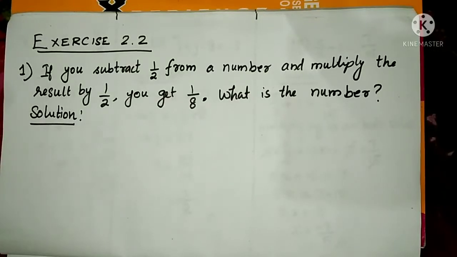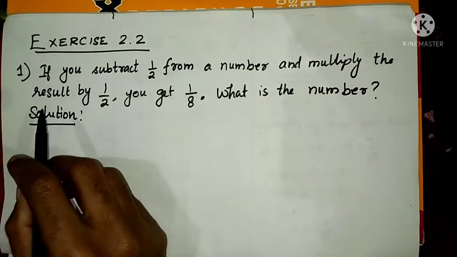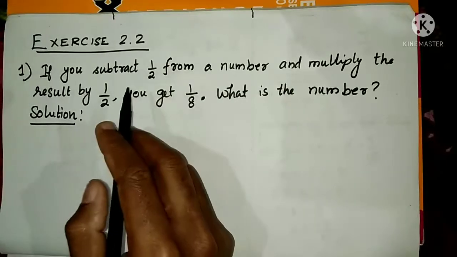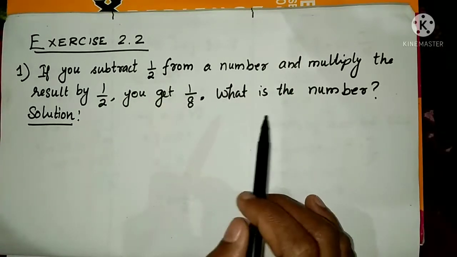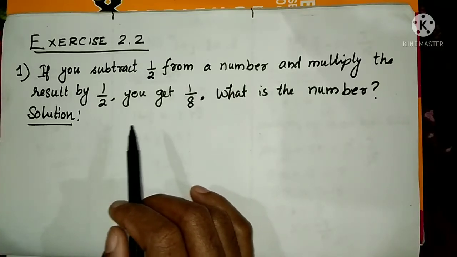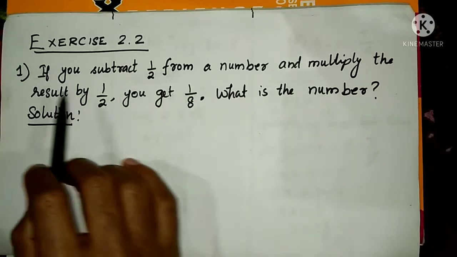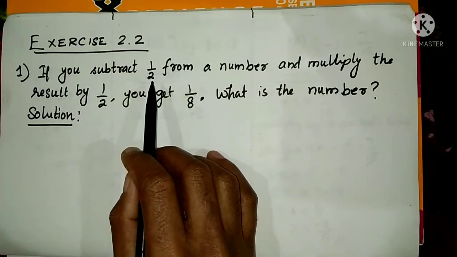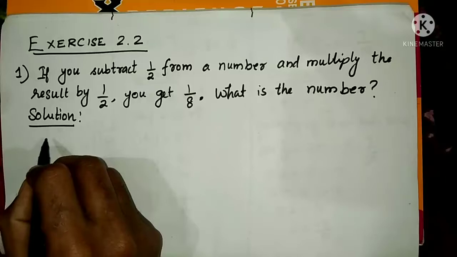Next, I am going to solve a question from exercise 2.2. The first question is: if you subtract 1 upon 2 from a number and multiply the result by 1 upon 2, you get 1 upon 8. What is the number? If you subtract 1 by 2 from a number, we don't know that number, so we